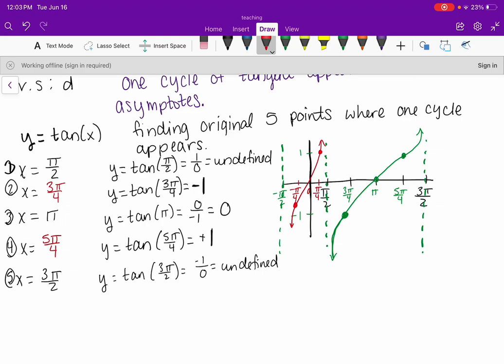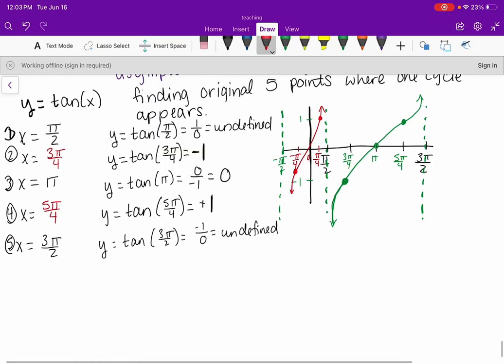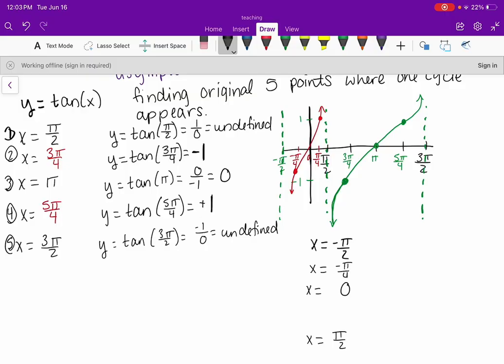That way is pretty nice because it involves quadrant 1. So I do like it. So whenever you graph this for me, so this is just another cycle. So let's say that you graph for me and on the test you do x equals negative pi over 2 and x equals pi over 2. So directly between there would be 0, and then you'd have negative pi over 4 and pi over 4. Your y values would be the exact same. Undefined, negative 1, 0, 1,